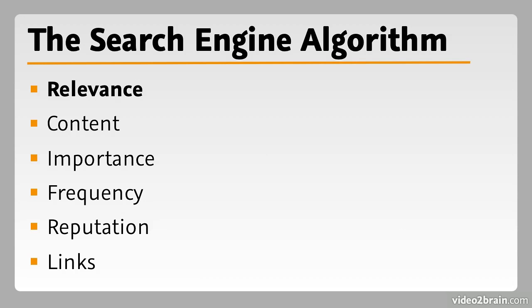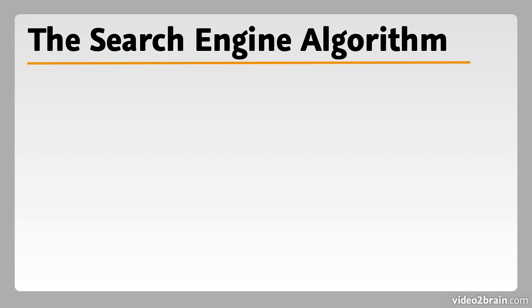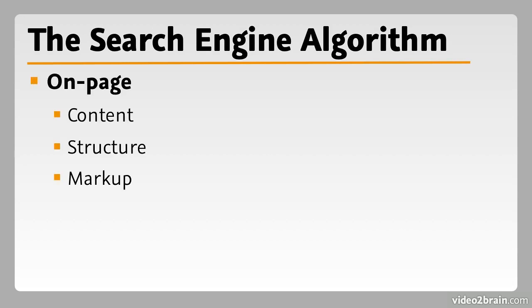And so the search engine algorithm is based into two primary areas. The first is what you do on page. And by that we mean how you optimize the content that is on every page of your website. You can optimize the content, you can optimize the structure or the code of the page, and you can also affect the code through the markup instructions of the code. So on your website, you are in control of the content that's on the page, you are in control of the programming, and you are in control of the code. So those things are completely under your control, and you can change those anytime you want.